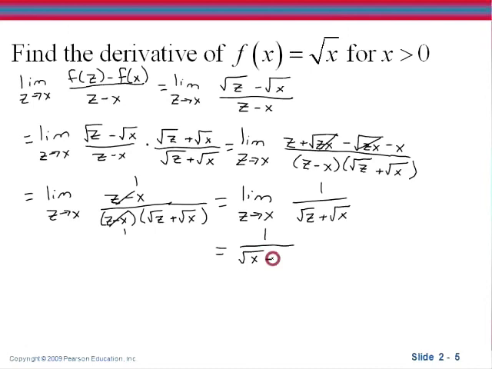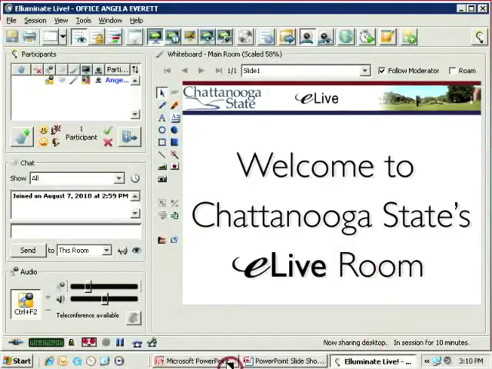Now I'm at a point where I can plug in x for z. We're looking at the limit as z approaches x. So I can plug in there an x for z without making my denominator 0. When I do that,